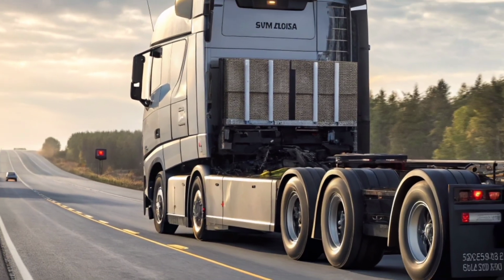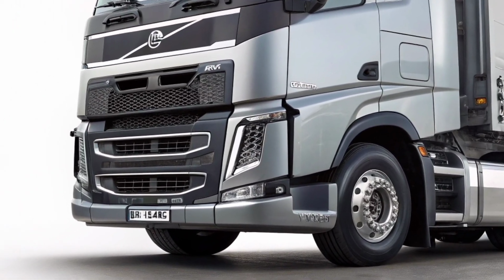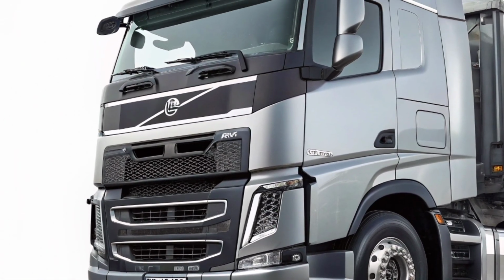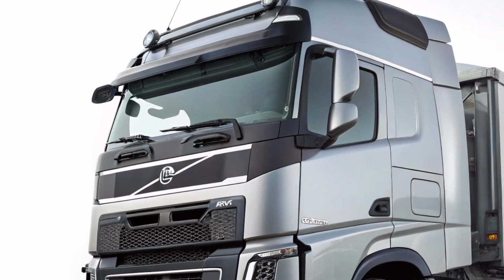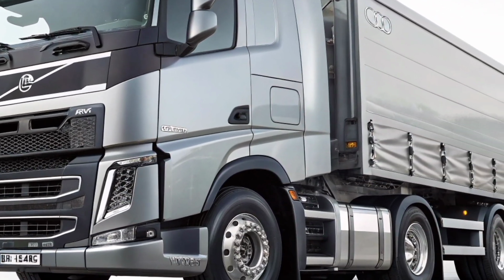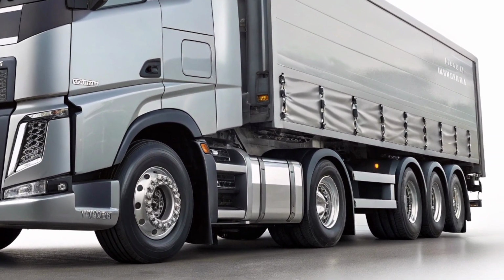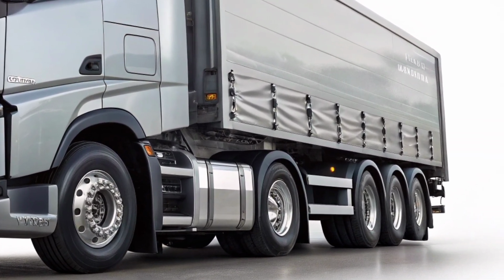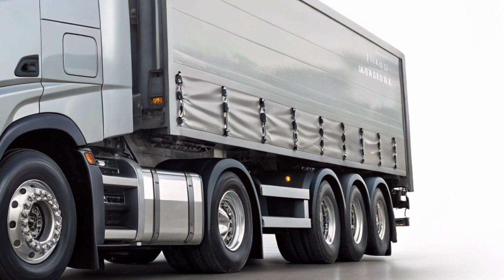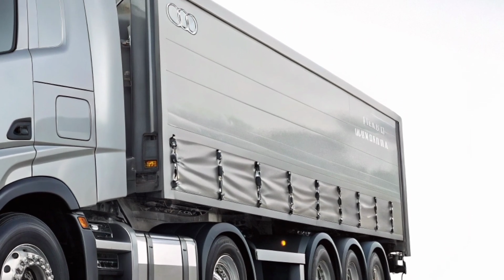Under the hood, the Volvo Power Plus 90-ton comes with a revamped 16-liter engine that churns out an earth-moving 780 horsepower and over 3,500 newton-meters of torque. Whether it's mining, construction, or cross-country logistics, this truck handles the load with ease. And with its Volvo dynamic torque system, it smartly adapts engine output to terrain and weight, ensuring optimized fuel efficiency